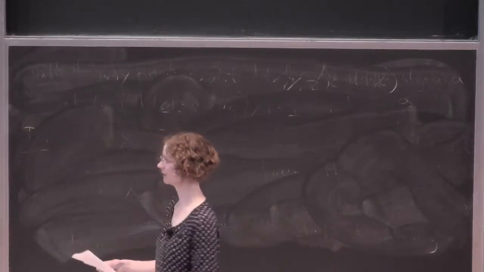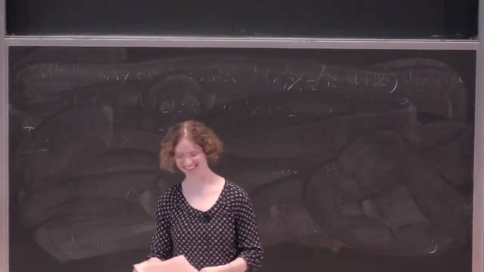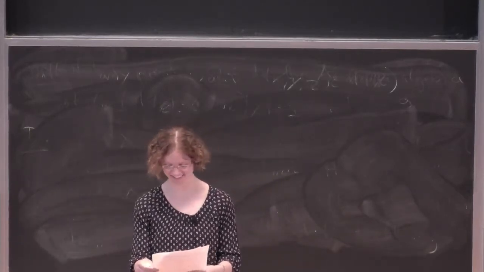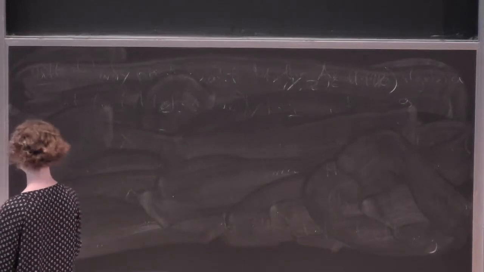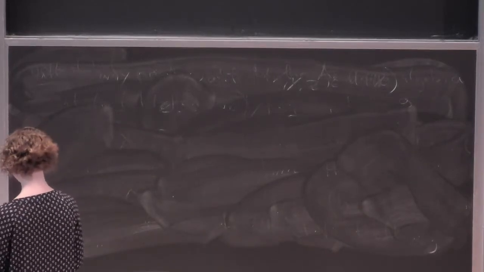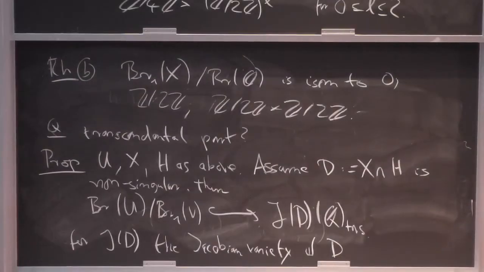So do you have examples with transcendental? Yes. So that's exactly the next thing that I want to mention. We are able to construct families where this is the case. If you start with the divisor, say, and give me a torsion point, we are not able to construct a transcendental Brauer class, but we are able to construct families where these things do occur.